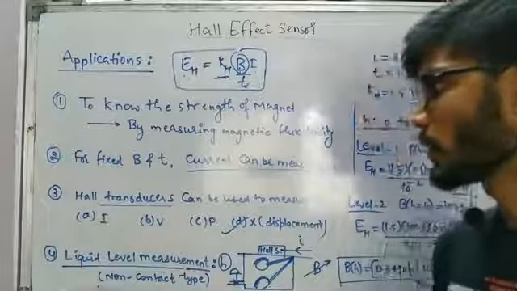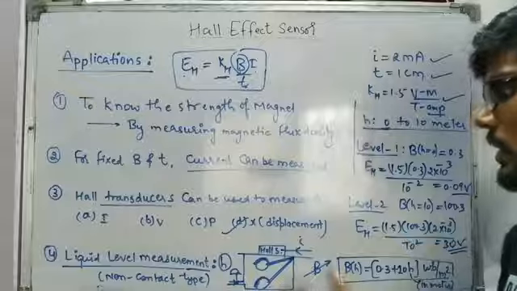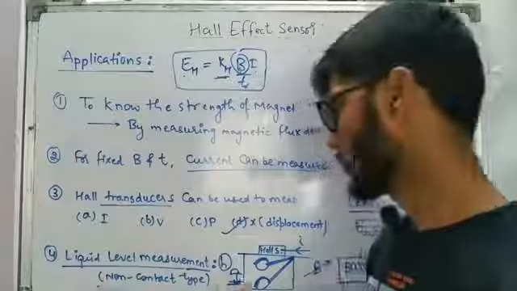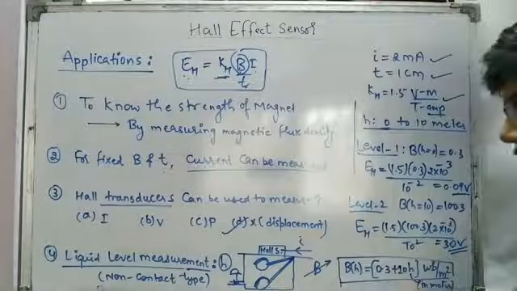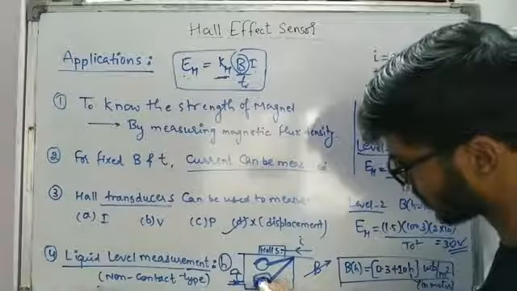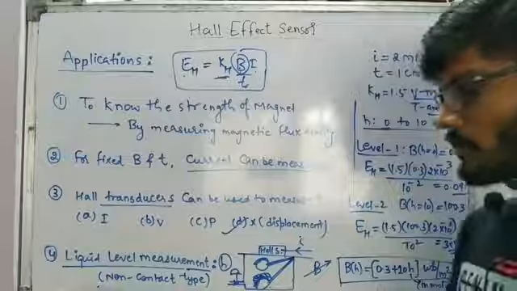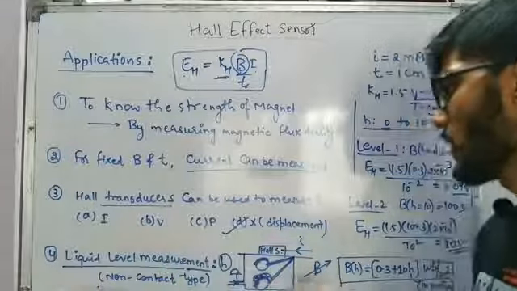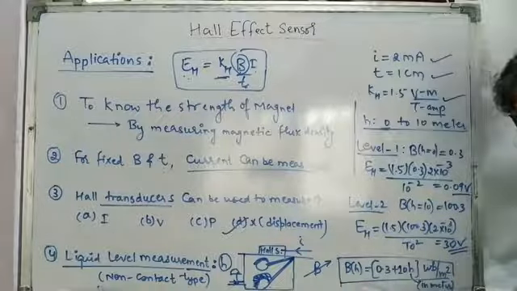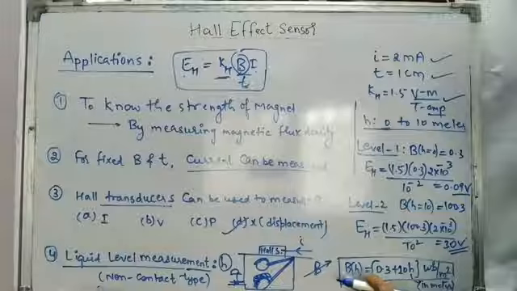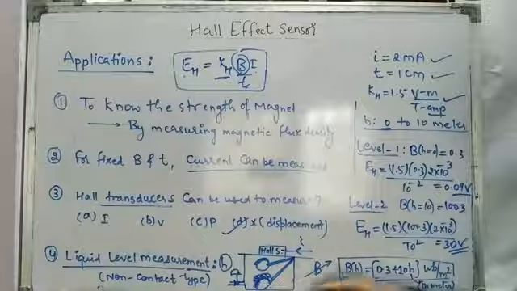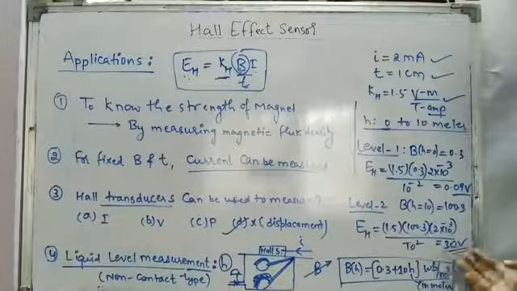And in the final case, we are going to measure the liquid level, and the benefit here is that the Hall sensor is not in contact with the liquid. We can have the Hall sensor at the top of our tank, and we can vary the magnetic field strength because we have a magnet stuck on this particular float. If the magnet is coming nearer to the Hall sensor, we are going to have more magnetic field strength, and if it is far away, we are going to have less. That is nothing but B as a function of H. Based on that, I framed one question also: at the lowest level we are going to get 0.09 volt, and at the highest level we are going to get 30 volt.